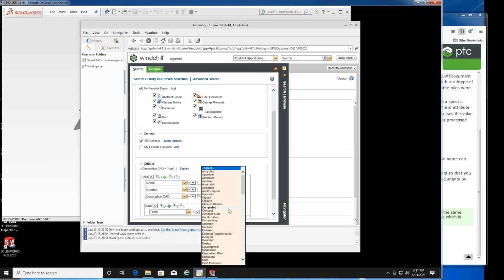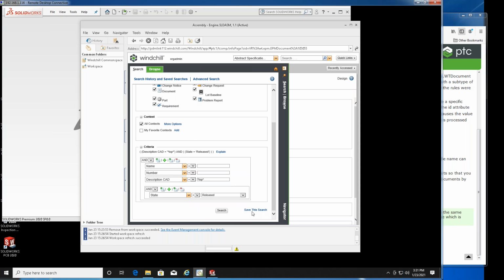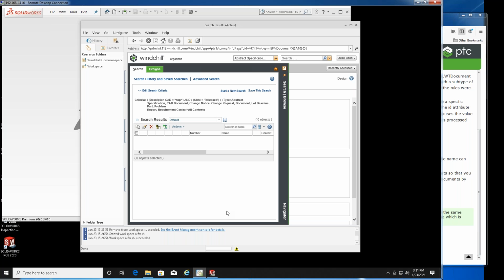So I'm going to select the state, let's say released. Okay, now the default says end. So now when I click the search button, it's not going to find anything because I don't have anything that has the word top in the description and is released. But if I go back and edit the search